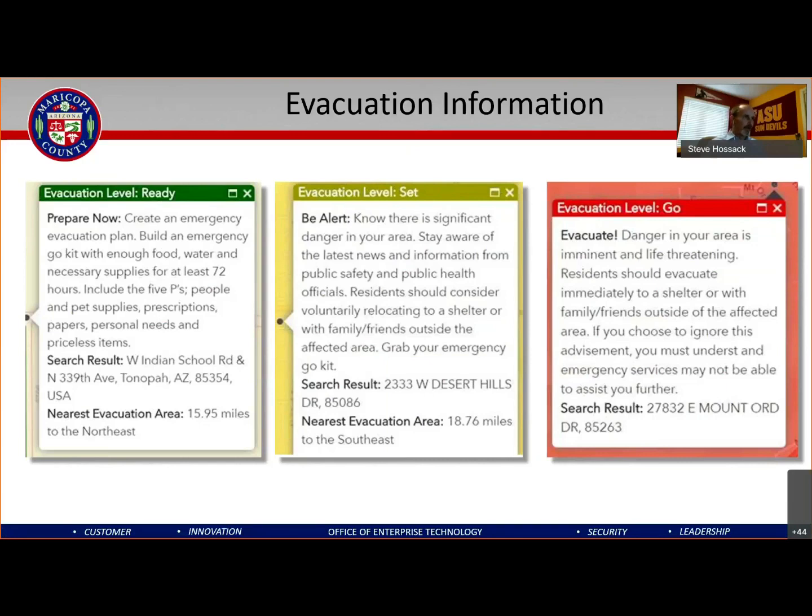It also gives you some advice on building an emergency go kit, and then lists out the 5 P's that you need to consider in an emergency situation or evacuation. That's people, pet supplies, prescriptions, papers, personal needs, and priceless items. In the situation where you fall within a zone where the evacuation level is called set,